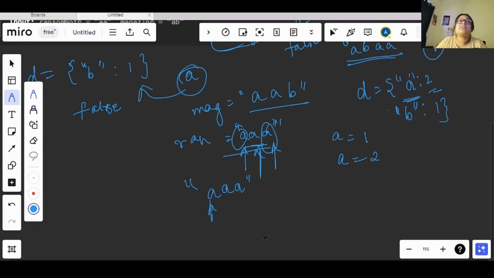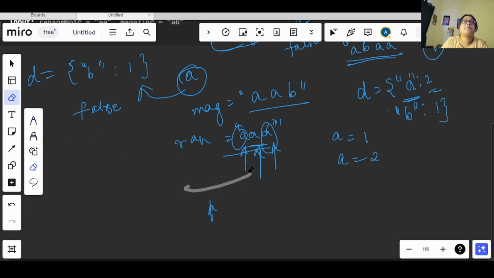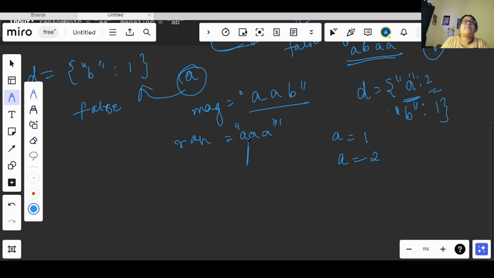Why? Because now I need 3 A's here. So in order to keep a check that I have the required 3 A's in my dictionary, I can reduce the count. If I have 3 A's, then after the last calculation I will get 0, right? So after coming across the first A, I will check, this is the first A, right? So I will reduce this count by 1.